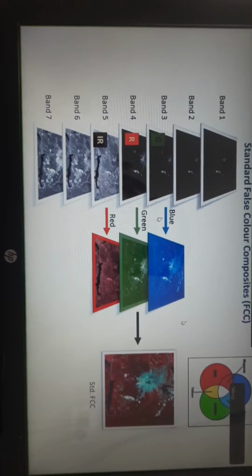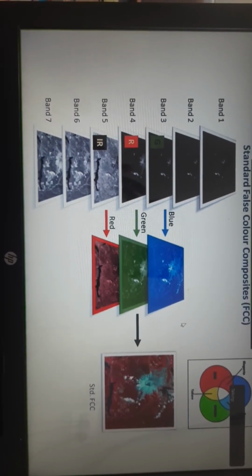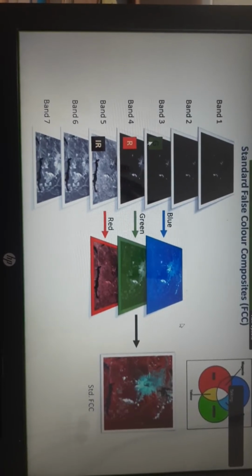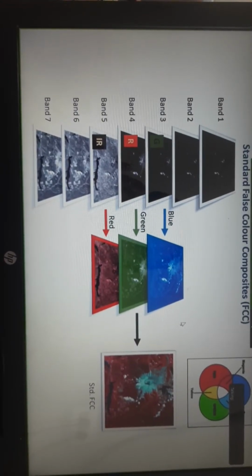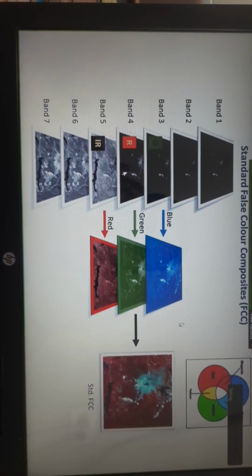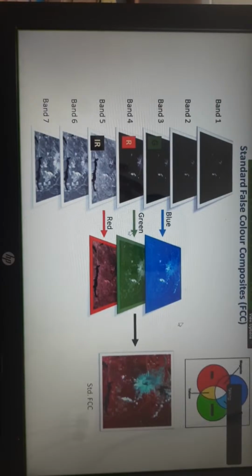The 3 primary colors are there, and other colors are combinations of those. So what we did is, the reflected radiation recorded in the green band is projected as blue, and the reflected radiation recorded in the red wavelength region is projected as green, and